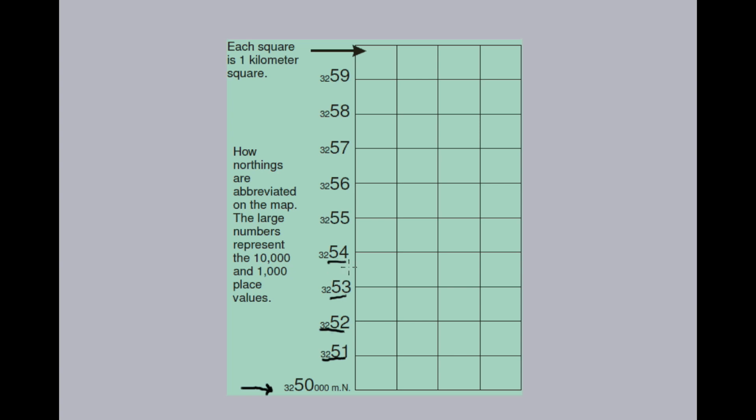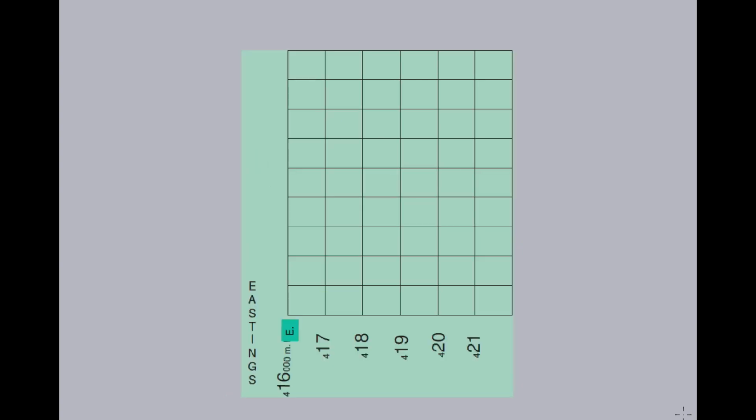You may have noticed in this video that when I presented eastings and northings, 2 of the numerals were much larger than the others. And now that mystery, if it was a mystery to you, is cleared up, because you know that these represent the 10,000 and the 1,000 place numbers. Okay, we can now see that eastings are abbreviated in a similar manner. For instance, right here is the line 416,000 meters east, and this is 417,000 meters east, 418,000 meters, 19,000 meters,